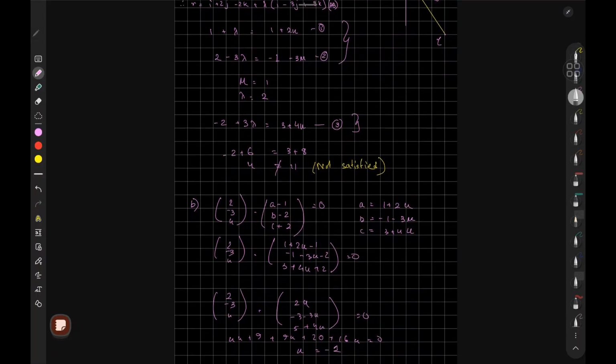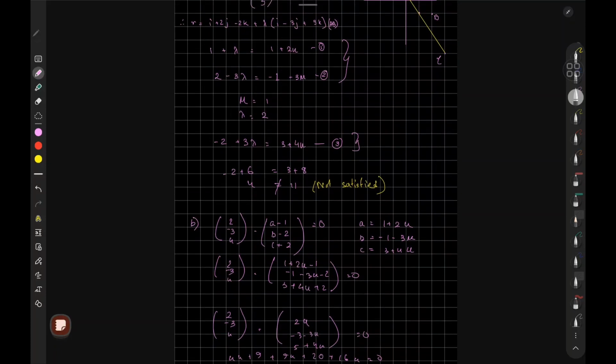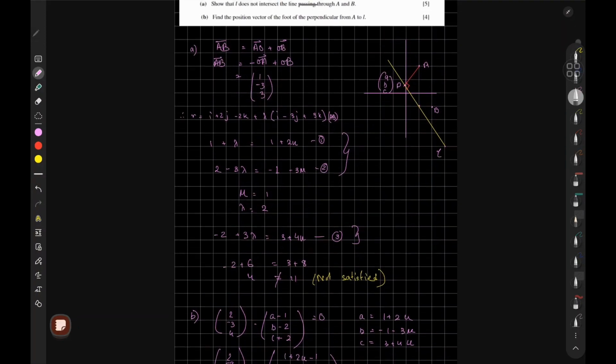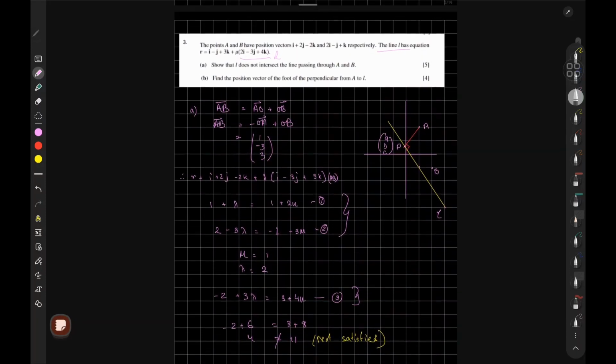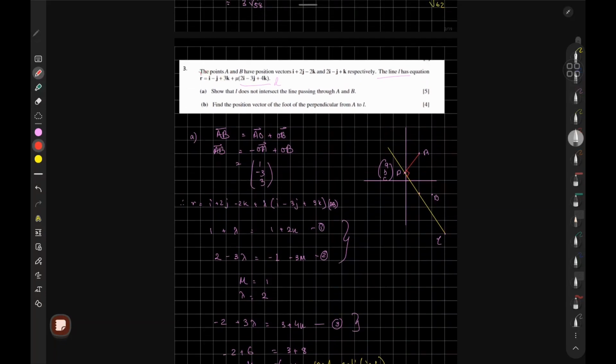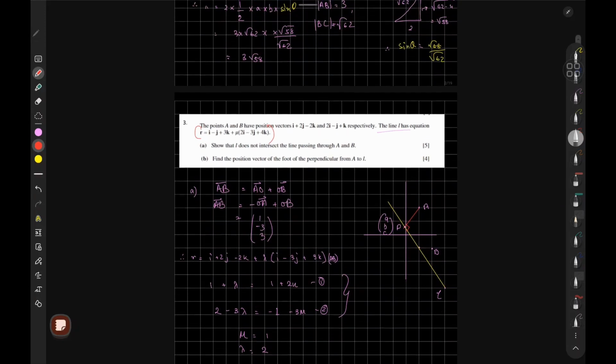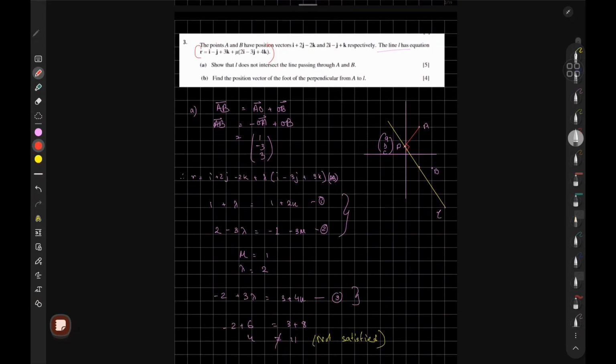Now, the interesting thing is you can represent all these variables, A, B, and C, in terms of mu. How do you do that? So where's the equation for the line? Right. So I'll directly show it over here. So this is your line equation, right? Since that is your line equation, you know that P lies on the line. OP actually lies on the line. So if I write it again, 1, minus 1 and 3, this is your starting point,